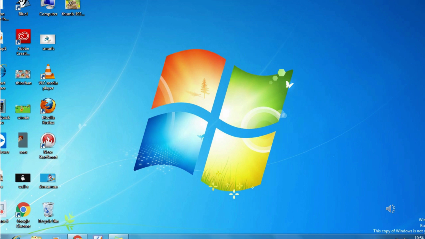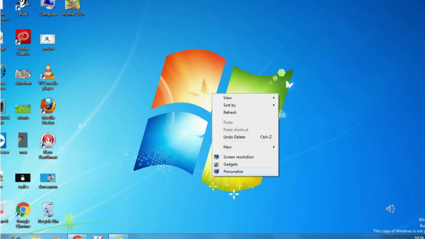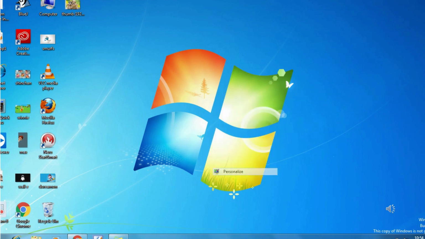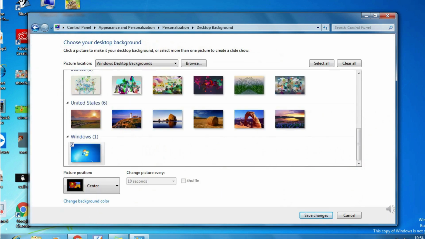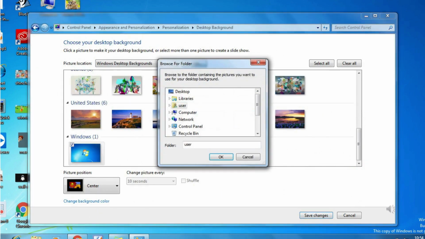We can set any picture as wallpaper. Your family photos, your pets' photos, any picture you can set as background or wallpaper. For that, right click on the desktop, select Personalize, then select Desktop Background, and click on Browse to select the location.